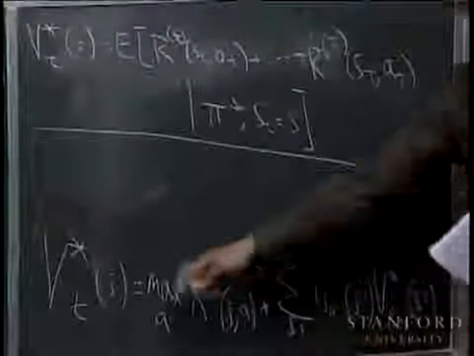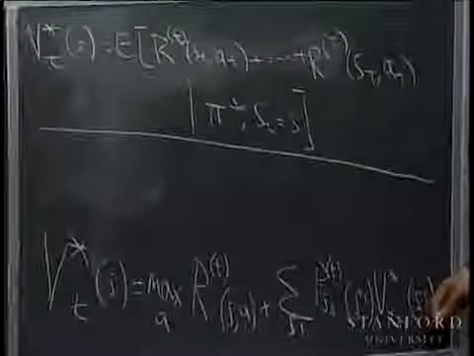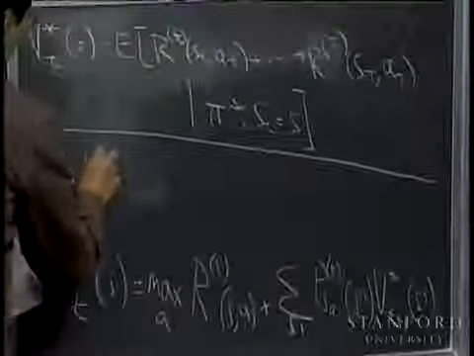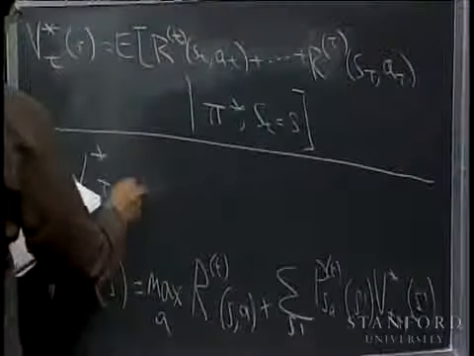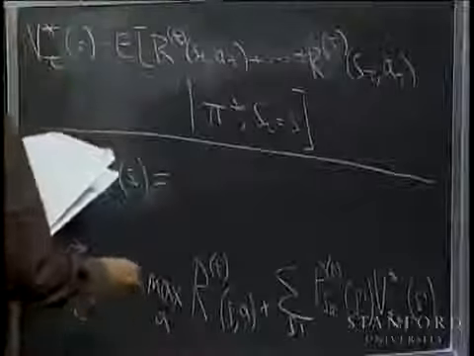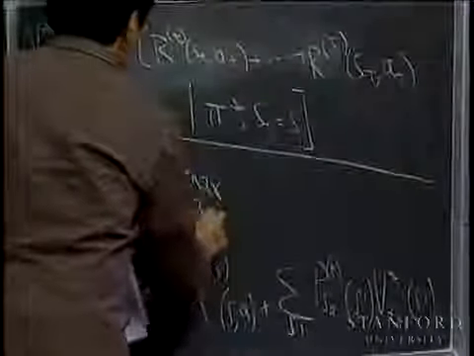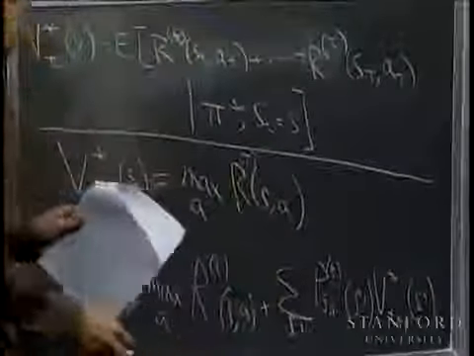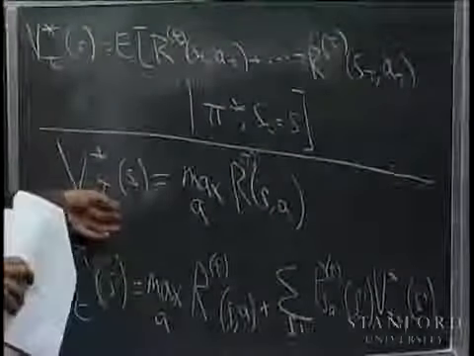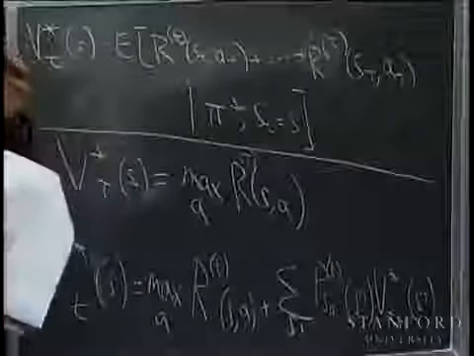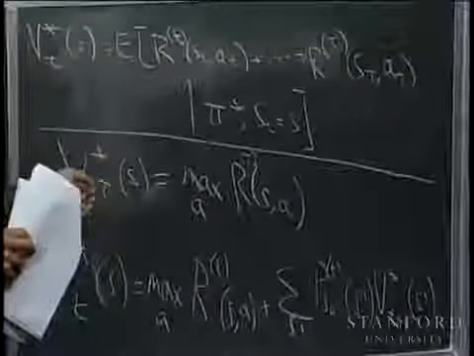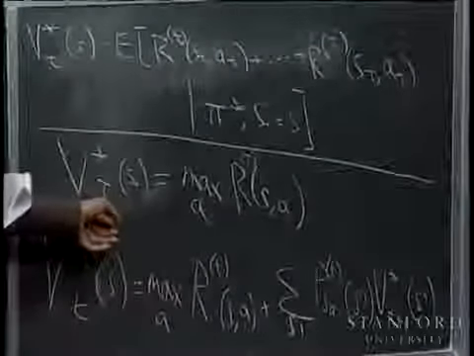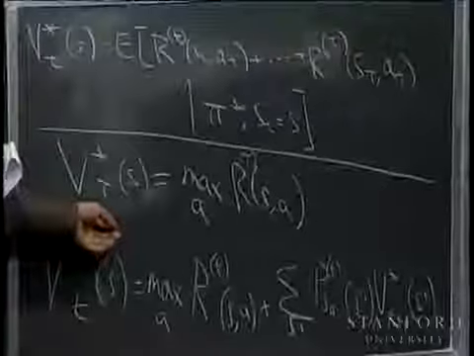So this expresses V star of T in terms of V star T plus 1. And then lastly, to start off this recursion, you would have V star capital T of S equal to that, because if you're already at time capital T, then you just get to take one action and then the clock runs out. And so this is V star capital T, your value of starting in some state S with just one time step, with no time left on the clock.